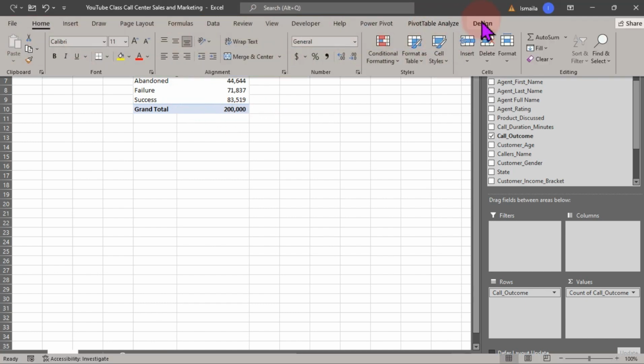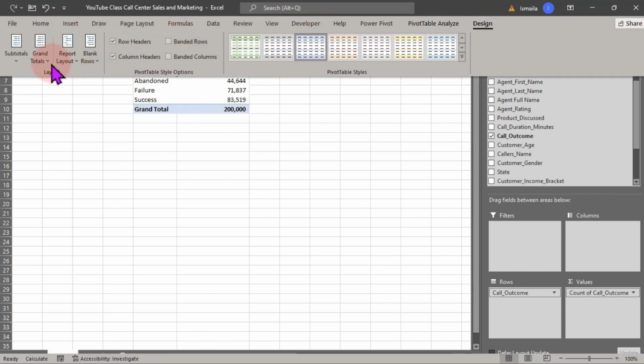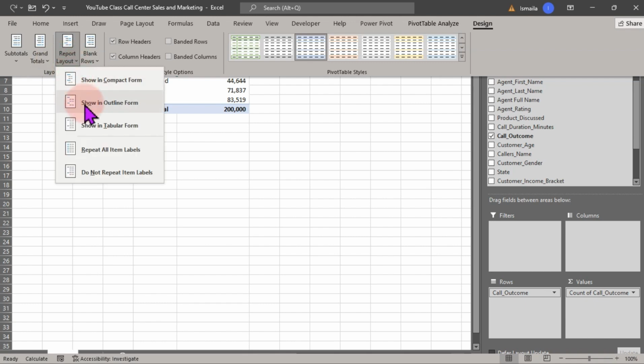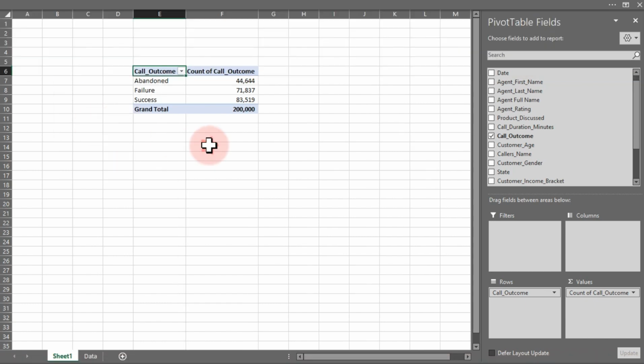Let's go over here and go to design. From design, we go over to report layout, and we show in tabular form. If we go back right now, it tells us call outcome. Do you see that now? This is very, very important. We have created our first KPI. So how do we use it? I'm going to name this particular part here as